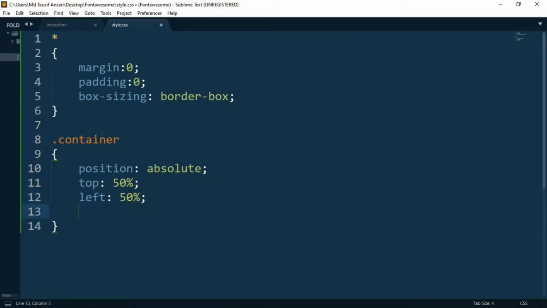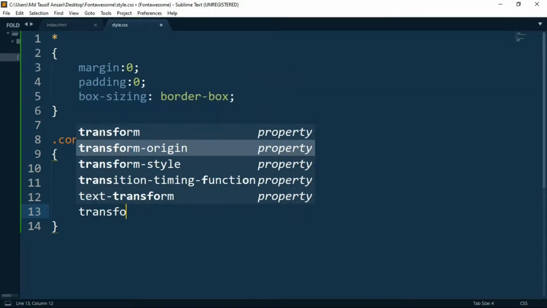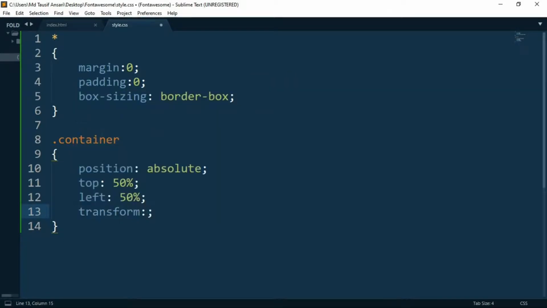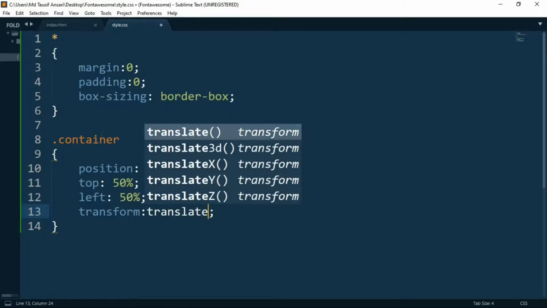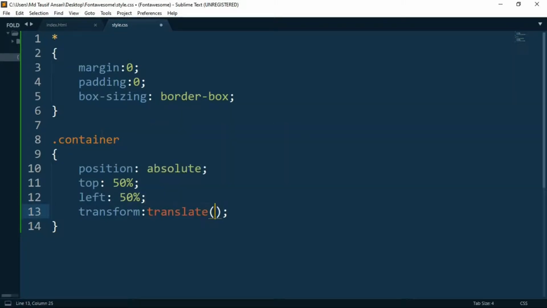Then you will have to transform it and translate the X and Y origin to be minus 50% and again minus 50%, so that it comes exactly to the center of the web page.